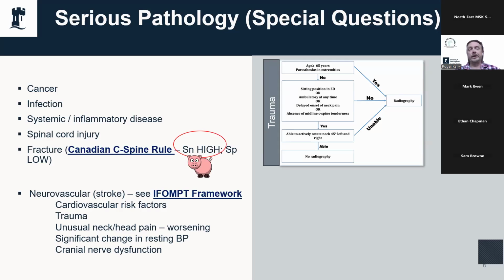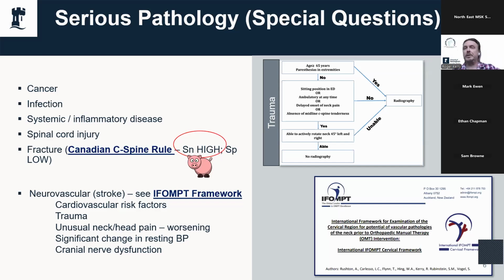And so despite what I've just said about classifying neuro and vascular things separately, I have thrown this in here because the literature clumps stroke risk in with serious pathology, but I'm going to tease that out and focus on it specifically as a separate entity. But again, just to highlight that there is a framework. It's not a clinical prediction rule. It's not a guideline. It's a framework for best practice about how to best